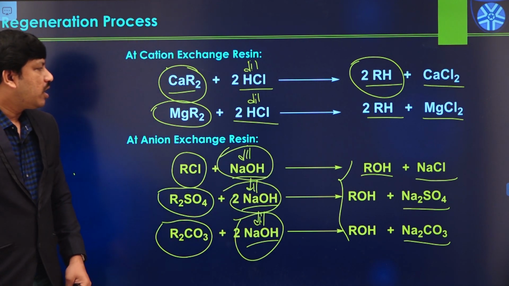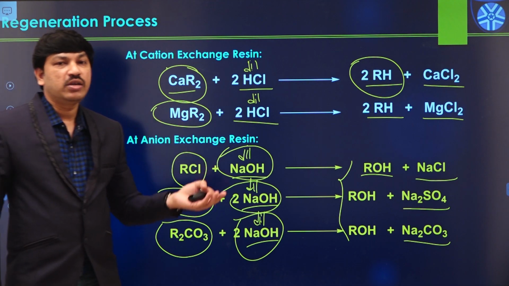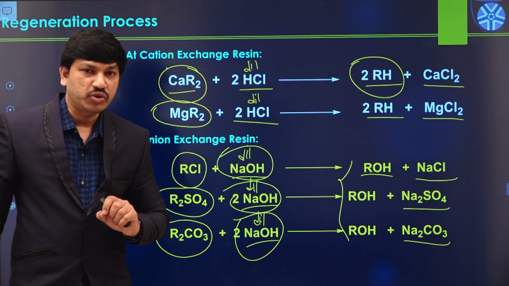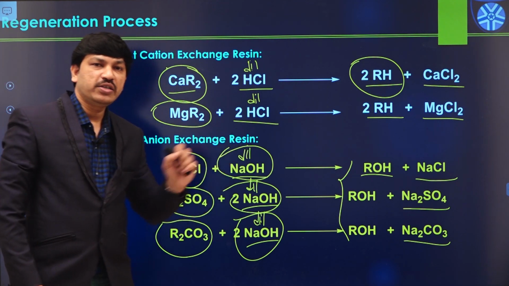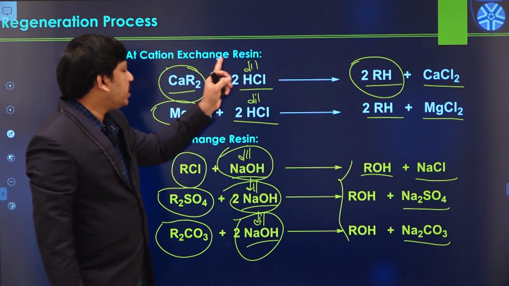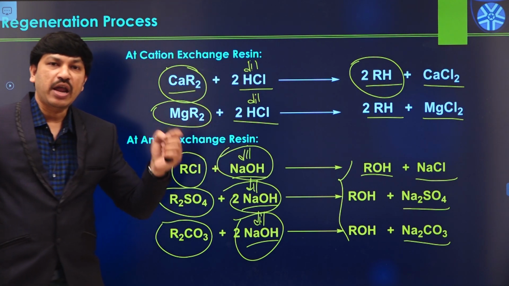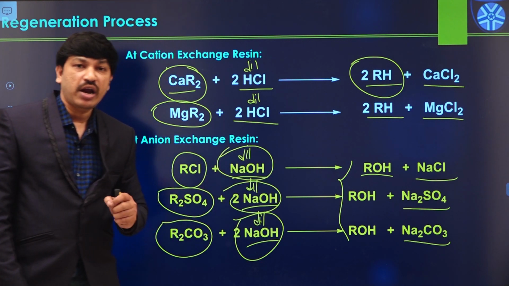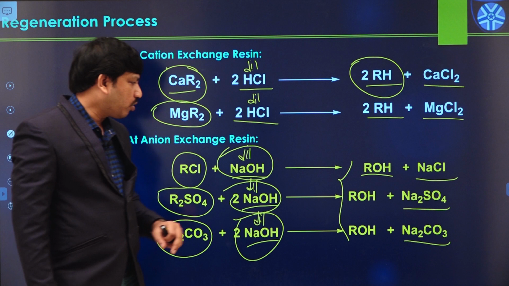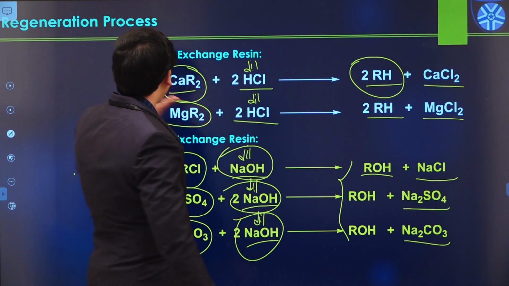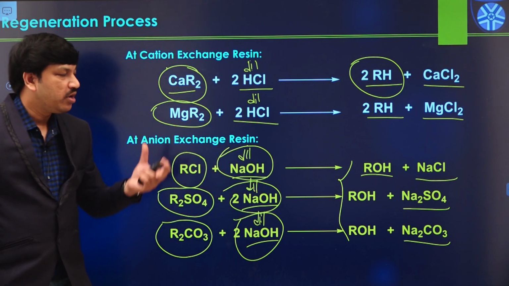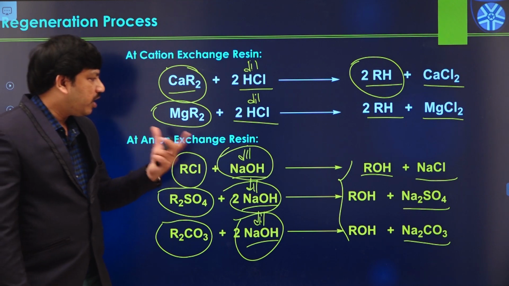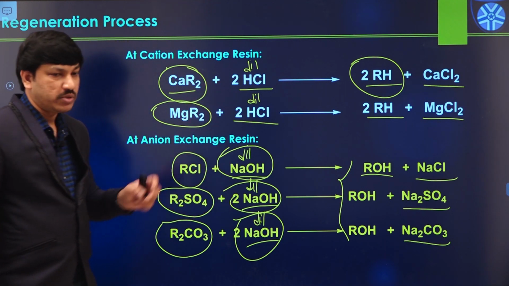So like this, ion exchange process always requires regenerating agents also. So we have to provide regenerating agents also. In the case of cation exchange resin, we need dilute HCl, or in the case of anion exchange resin, we need sodium hydroxide solution. Okay. Now let us see the block diagram of ion exchange unit or demineralization unit. Then we can understand what is this entire process. Okay.